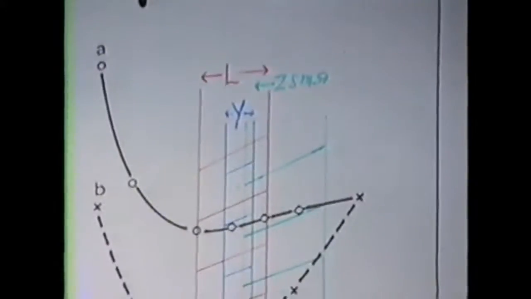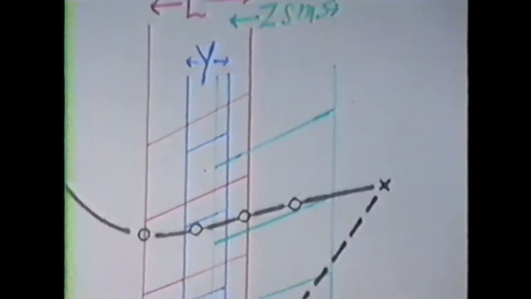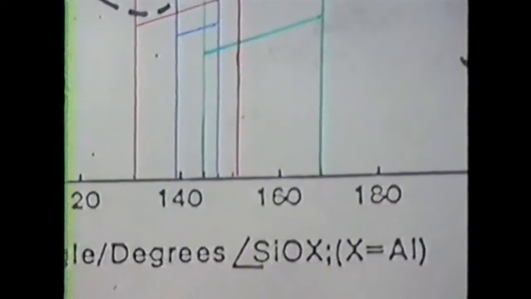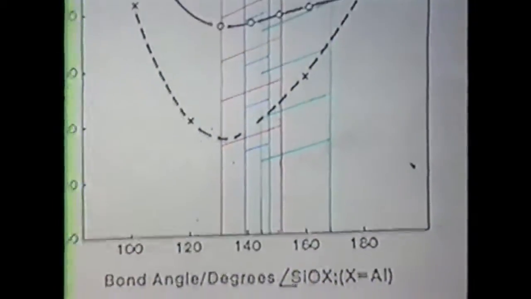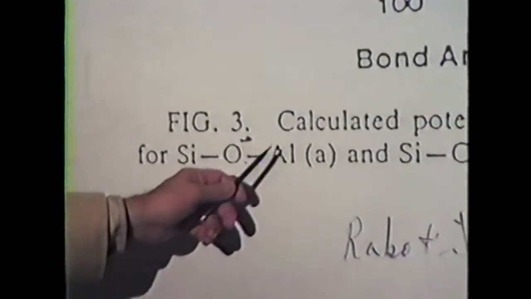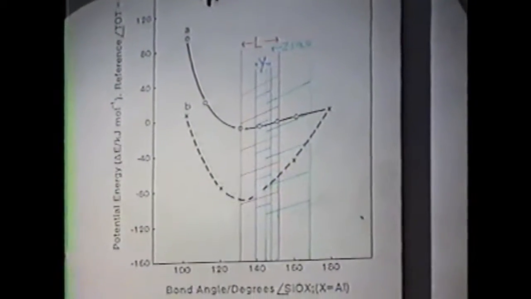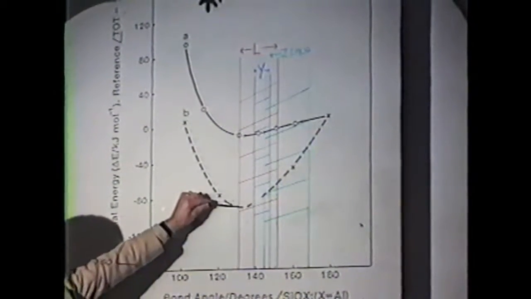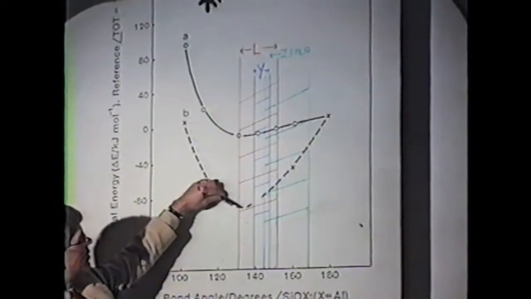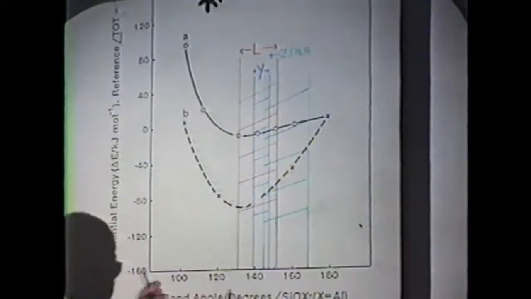This is not evidence for this, but it's an interpretation taken from a recent review article of Jules Bravo, where what is being looked at here is the calculated potential energy between the protonated form of the SiOAl and the deprotonated form. The deprotonated form is up here, and here's the protonated form as a function of the silicon-oxygen aluminum bond angle. And what one finds is that the energy it takes to deprotonate, to release the proton, is much higher if you have angles that are around 130 than if you spread that